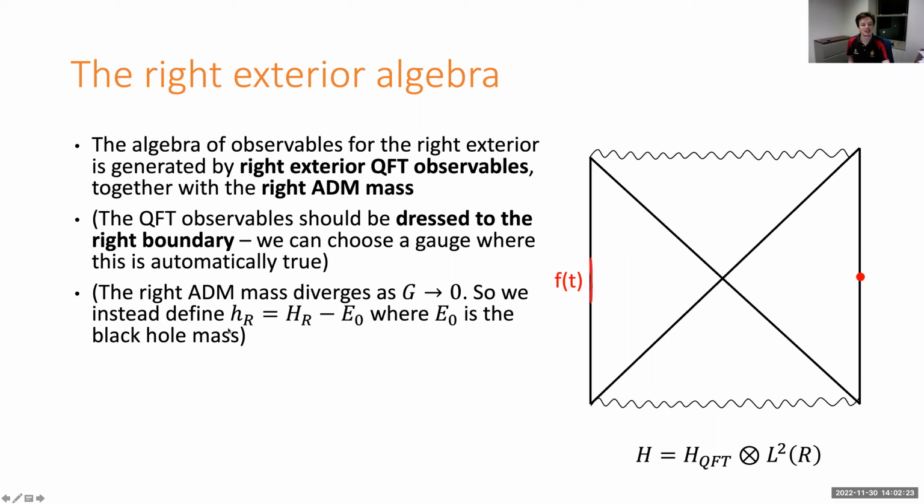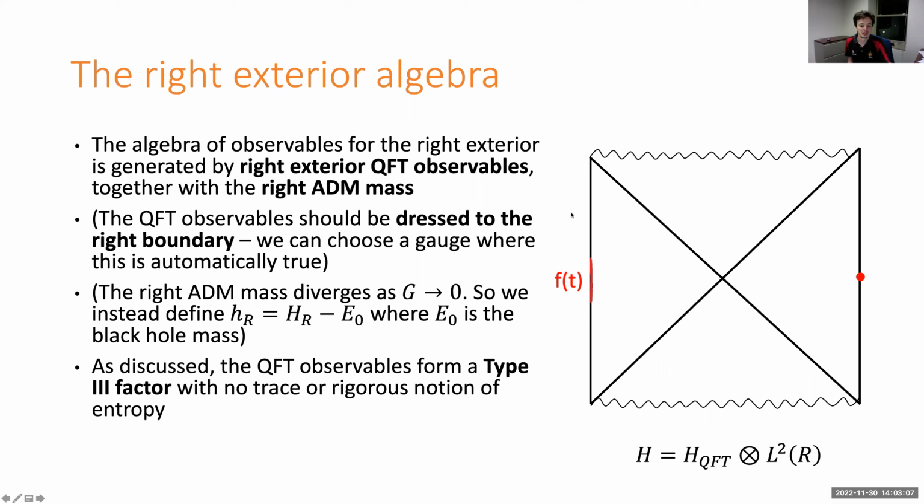So now let me answer Mark's question. The ADM mass looks like 1 over G times derivatives of the metric. And so HR is actually determined by order G perturbations in the metric. The QFT graviton degrees of freedom are order square root G perturbations in the metric, so they can't see the variation in the ADM mass. The variation in the ADM mass is an extra additional operator on top of that. Great question, thanks for clarifying.